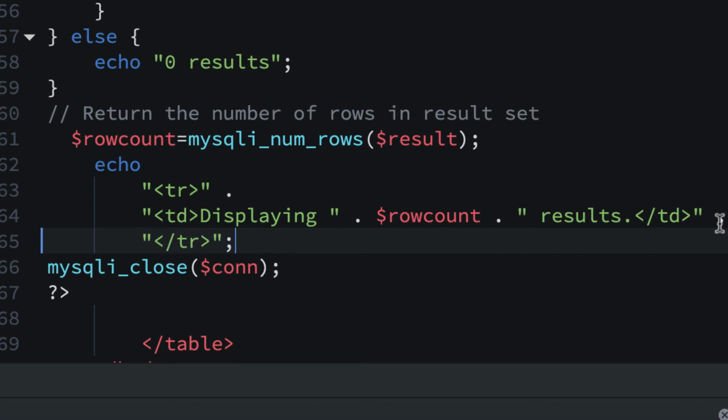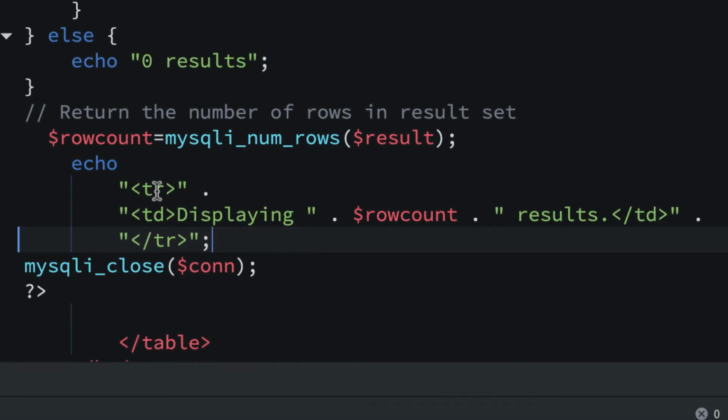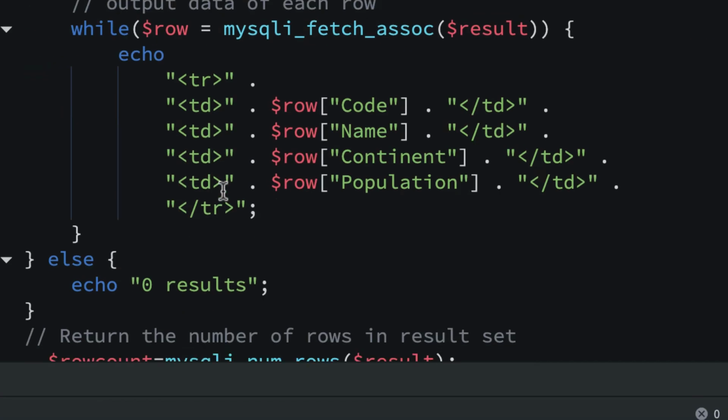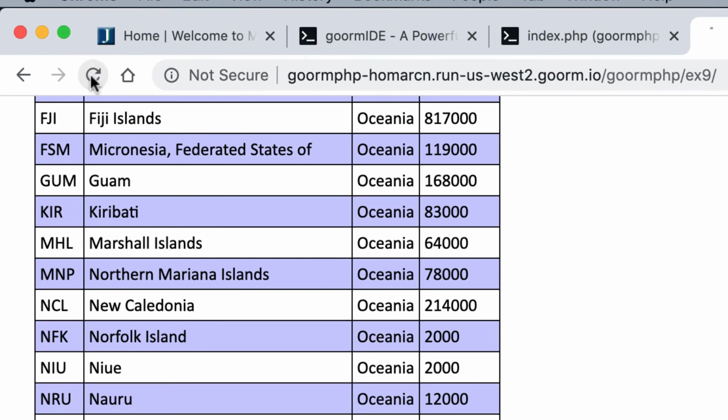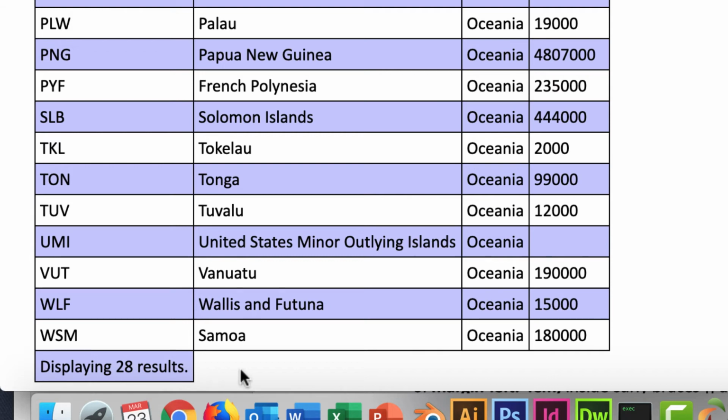I still have a dot in there, and remember we need these concatenating dots. After the TR tag there's a dot, then another tag with some text, then a dot, then a variable and a dot, and then some more text and a tag and a dot, and then my closing TR tag here. What it should do is print things on a row, putting one cell on that row. Let me see what happens. I'll save this, go back here and refresh, and there it is. It's saying displaying 28 results